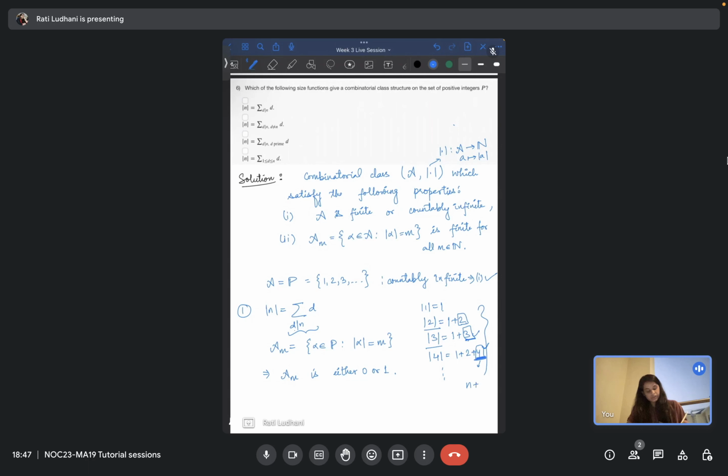So this is always n plus something. So when you take the cardinality of n, this will always be n plus something. So this is going to be bigger and bigger. Or okay, I think this is not the right path, because there is a possibility of